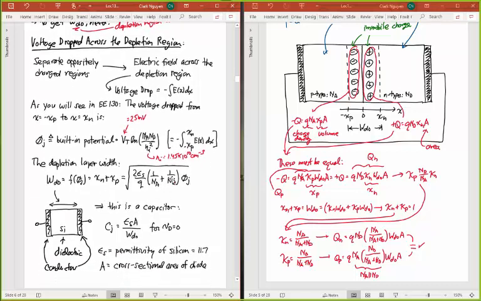And again, it should make sense that that potential is involved because that's the potential that prevents the electrons and holes from diffusing